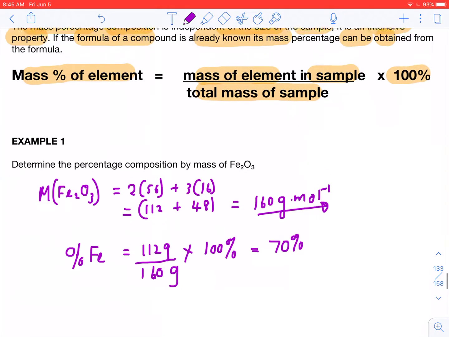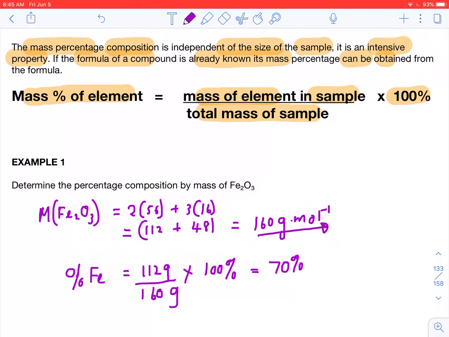So we said it's the mass of the element in the sample over the total mass of the sample times